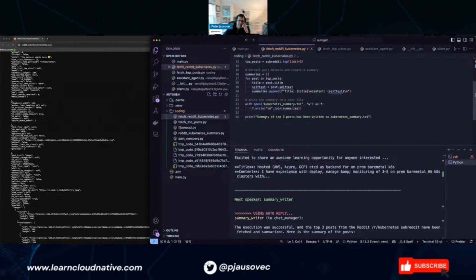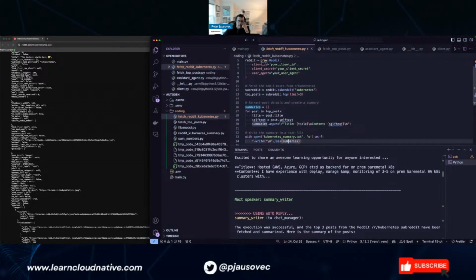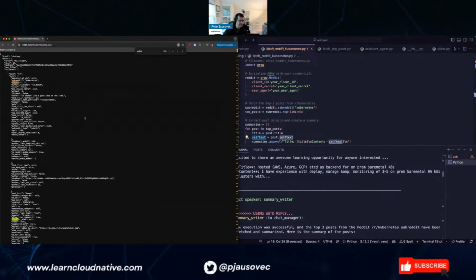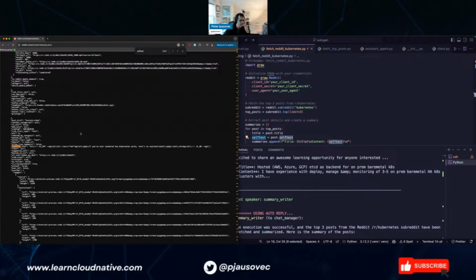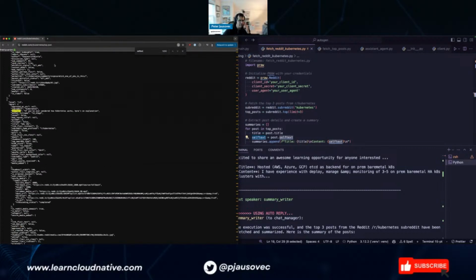Oh, it just uses the self text. Whatever a self text is. Oh, it's just a snippet, right? It's not the full post. I guess it's the snippet that's displayed there.